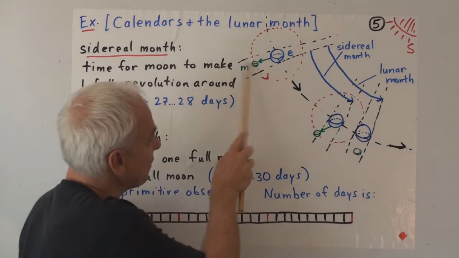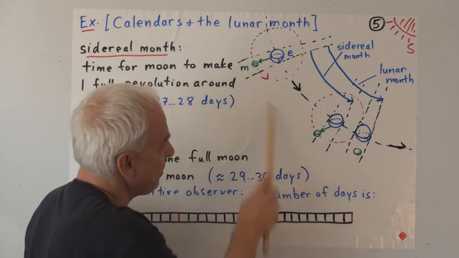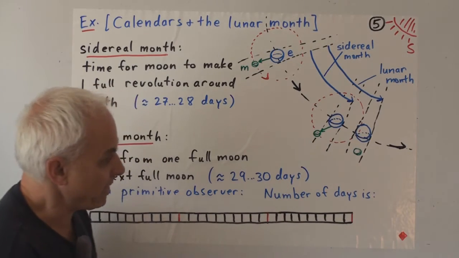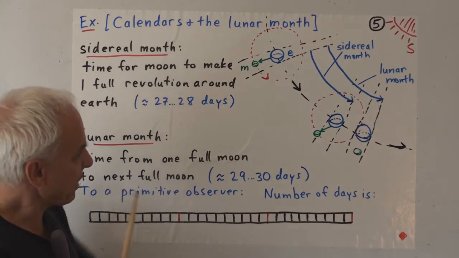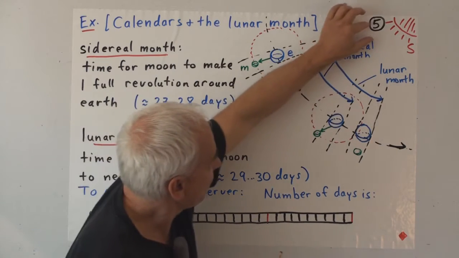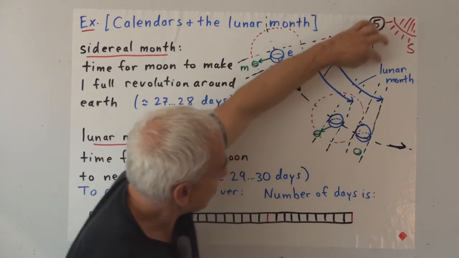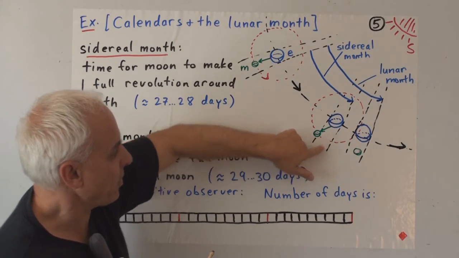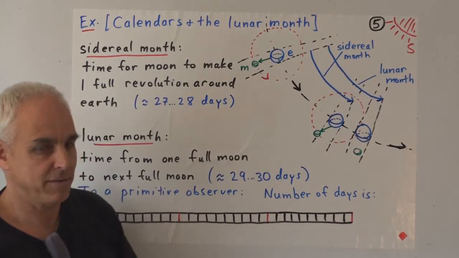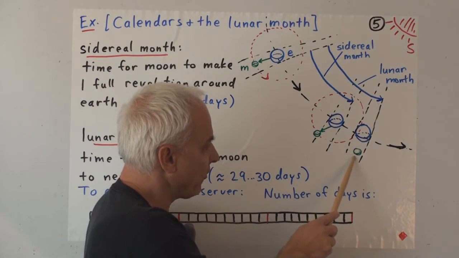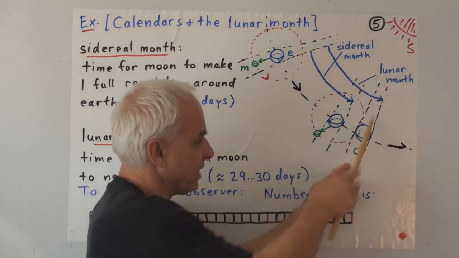All right, so this is the position for the full moon, and so by the time it's gone around here, you would say, well, this might also be full moon, but it's not quite a full moon, because the Earth has moved from here to here. So if you just look at the rays from the Sun, the Moon is not quite yet behind the Earth with regard to the Sun. It will be a little bit longer before the Moon actually moves behind the Earth in its relation to the Sun.